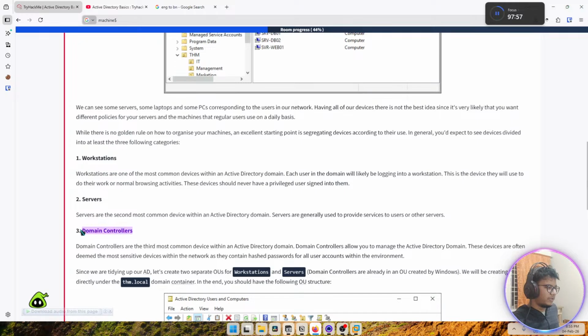Okay, so domain controllers are the top priority here, used to manage the Active Directory domain. So domain controllers are the controller of the Active Directory, or the full domain as a whole. These devices are often deemed the most sensitive devices, মানে এটাকে খুবই সেন্সিটিভ ডিভাইস হিসেবে মানা হয়।